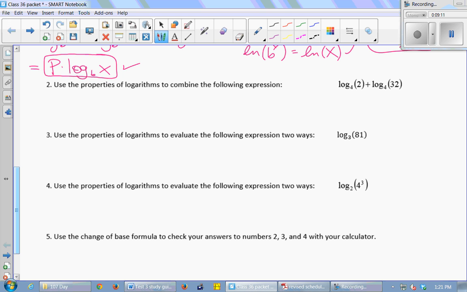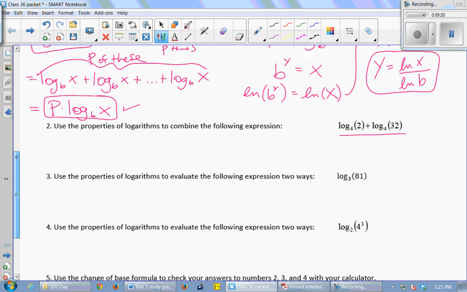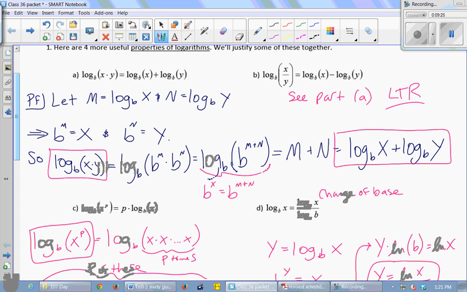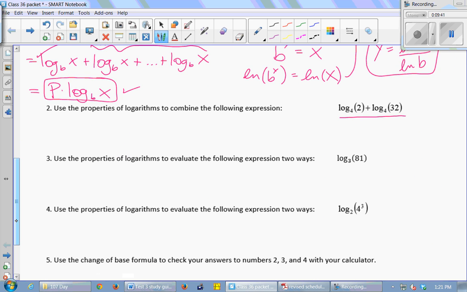So I want to combine this expression, log base 4 of 2 plus log base 4 of 32, into a single logarithm. Okay, so let's look at property A here. I'm kind of going backwards. I'm saying, oh, look, the thing they gave me looks like this. I'm adding two logs together that have the same base. That means I could write them as a single log where I multiply the two inputs together. So I'm going to write log base 4 of 2 plus log base 4 of 32. That is log base 4 of 2 times 32,